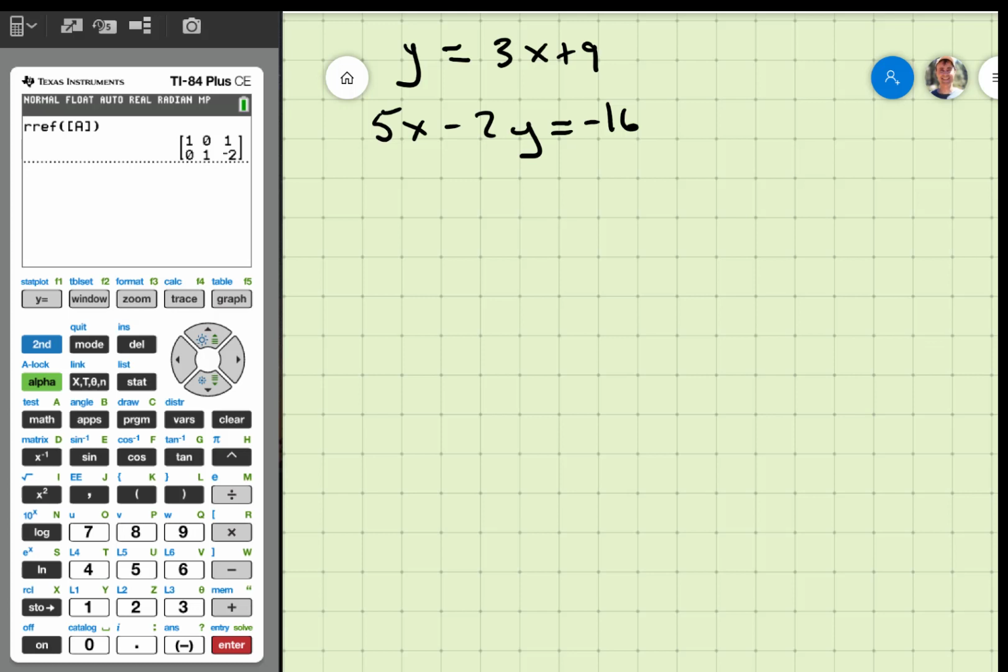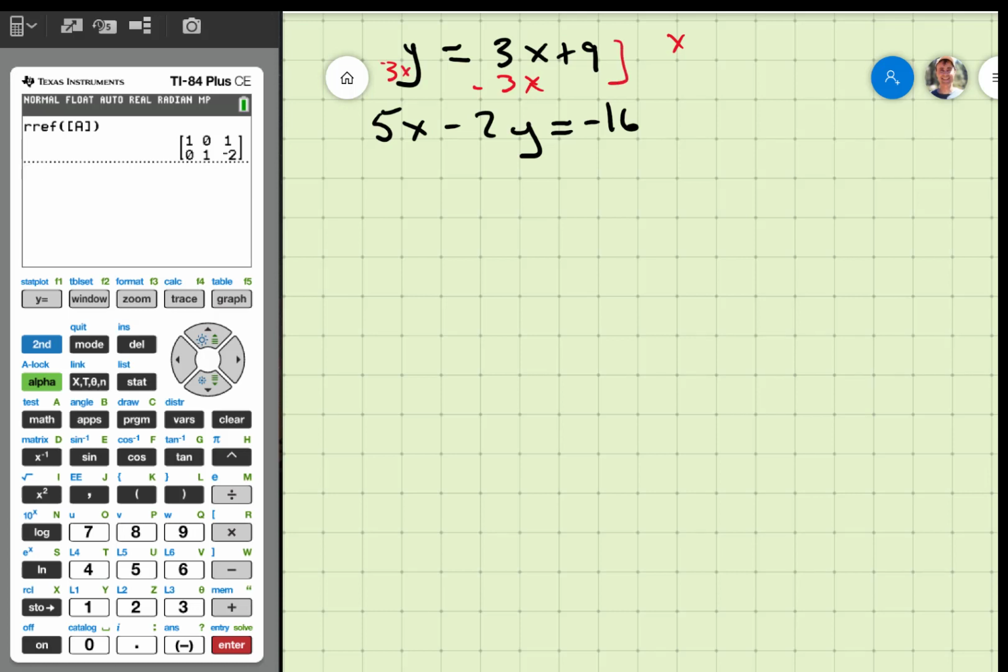Now there is a problem right now. The matrix method requires the equations to be in standard form, and this one is not ready. It's not in standard form. X's and Y's need to be on one side and the answers on the other. So that means I need to minus 3x on both sides,